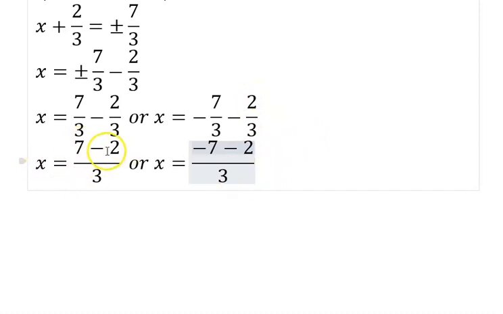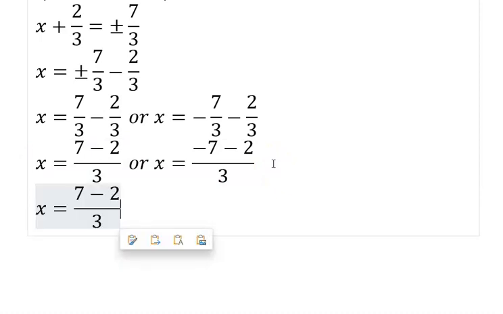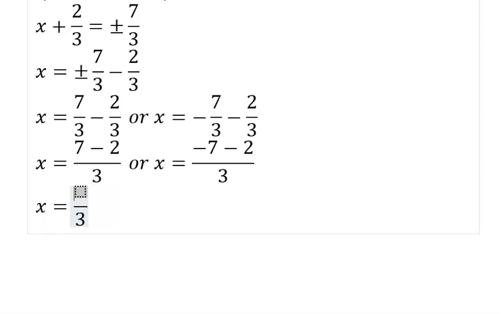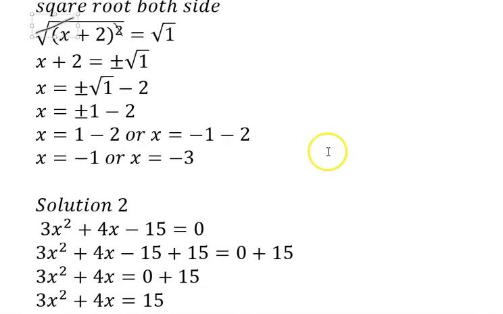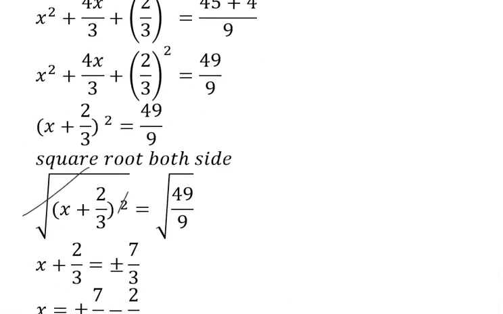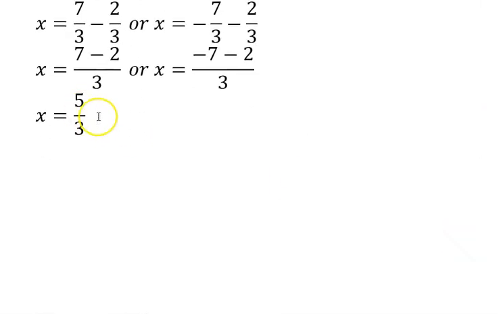So our x will now be 7 minus 2 here will give us what? 5. 7 minus 2 will give us 5. So our x is what? 5 over 3, or